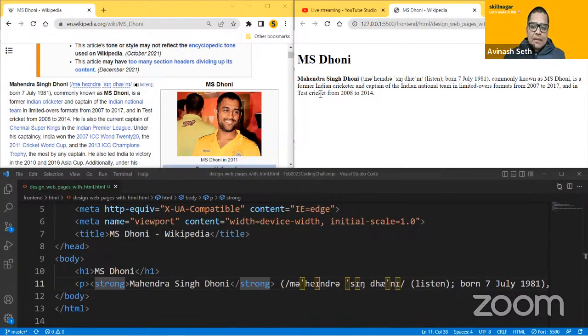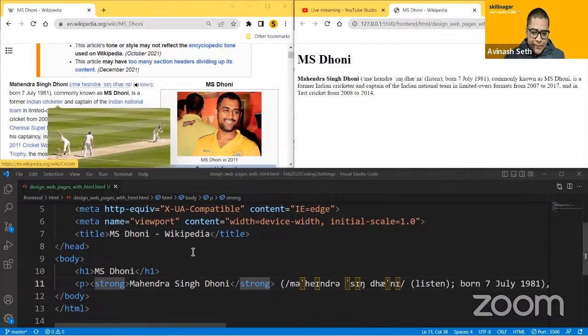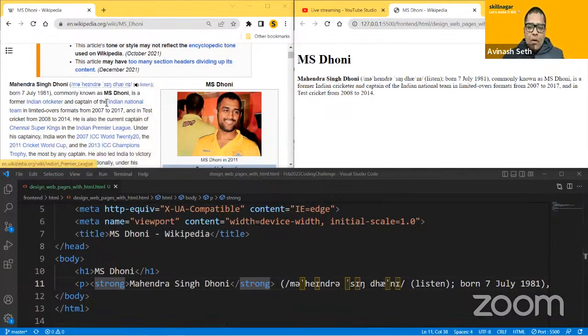Now the next thing is we have to pronounce this name, and you can see when we have to pronounce the name, I'm getting a hover sign, but obviously this is using kind of JavaScript, which I don't want to use. So what I'll do, I'll use this in the Indian Premier League, or maybe Chennai Super Kings, or maybe Indian cricketer kind of links. Okay, let's move forward.